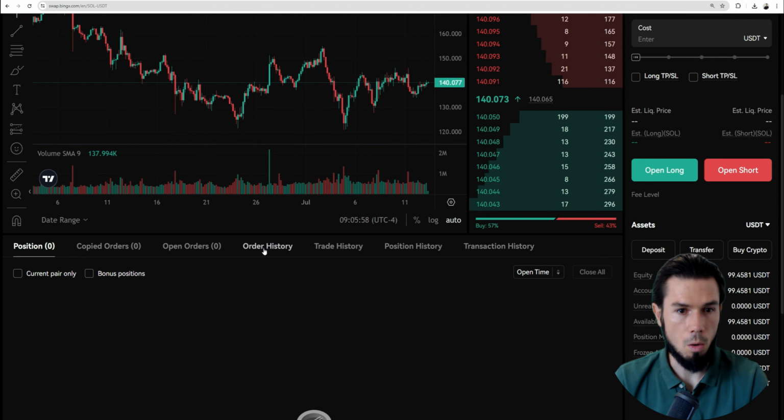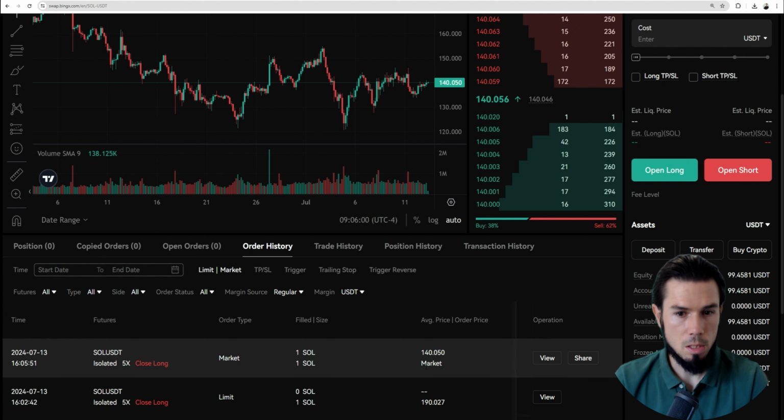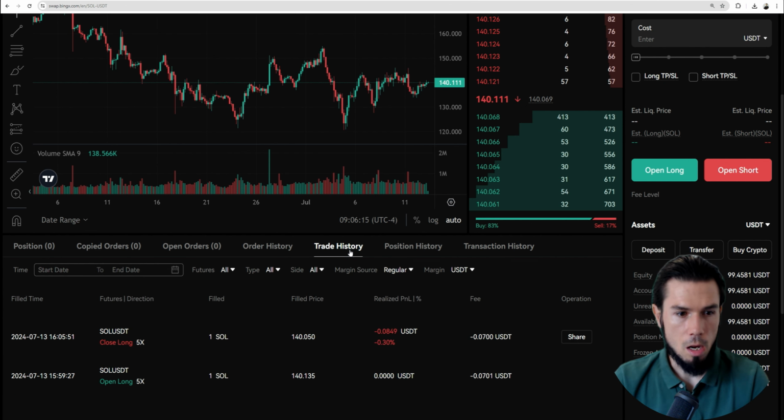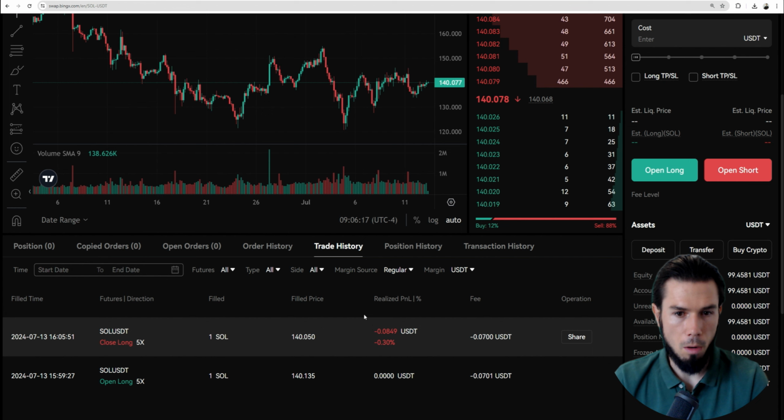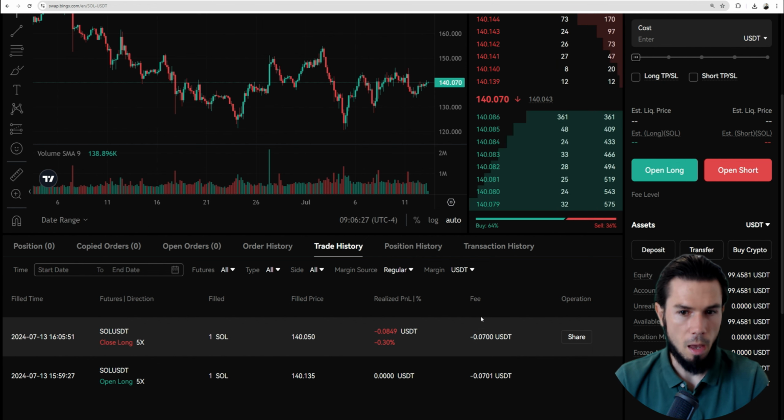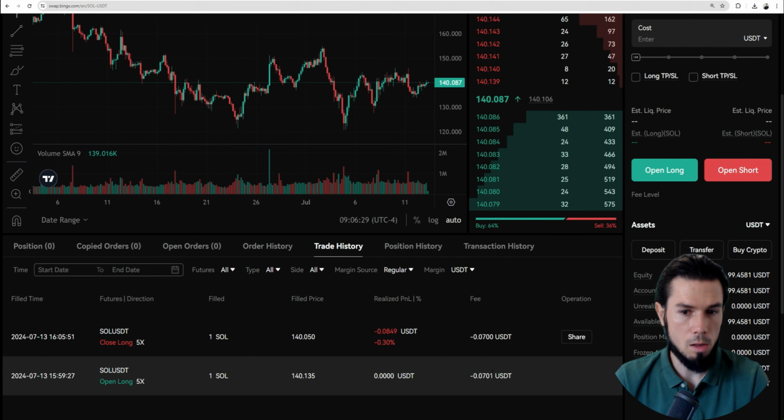Now if I check into the order history, I'm going to see my Solana long closed that I had on 5x leverage simply at $140, just like that. Beautiful. You can also look into the trade history to discover the realized P&L. You have lost 8 cents on that, and you paid a fee of 7 cents, so about 15 cents that you lost with that. As well, you paid a fee when you opened your trade of 7 cents,